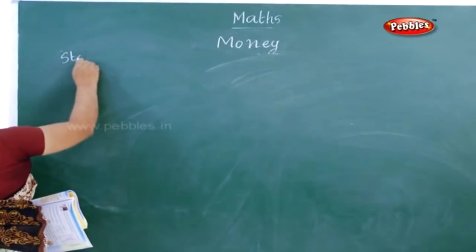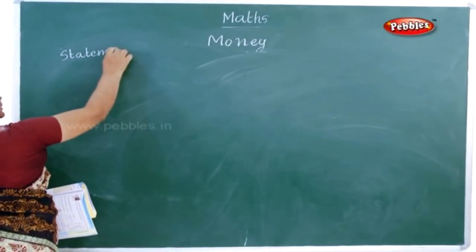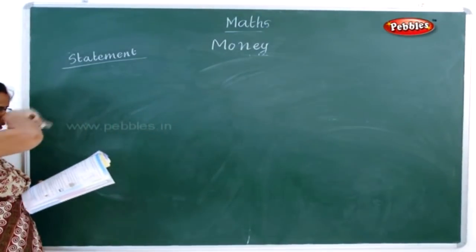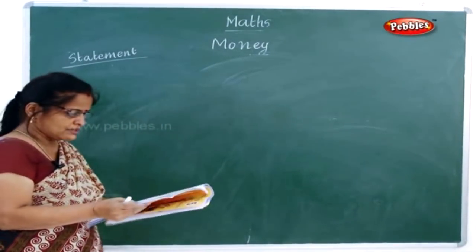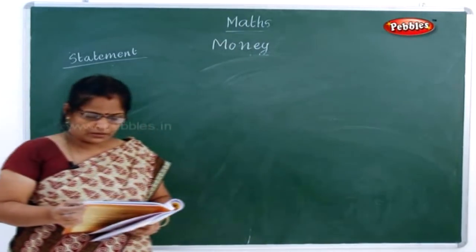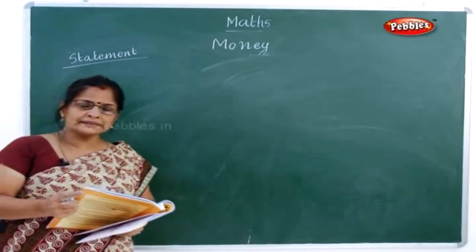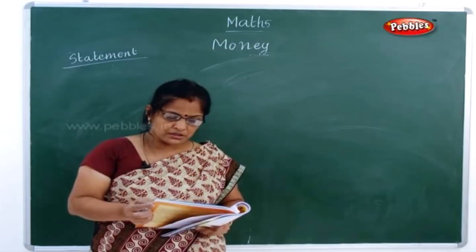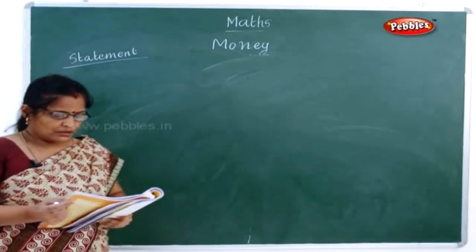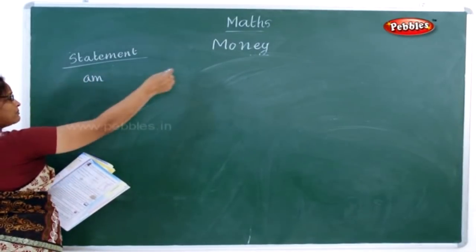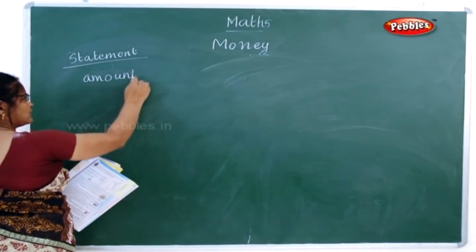See, the next one in division, we will go on with statement problems in division. So we are finished with addition, subtraction, multiplication. Now division. See, there is a sum given in your book. An institution equally distributed rupees 26,000 to 40 persons. How much money does each person get? Is it clear now? Now what is the thing? Amount distributed. Because it's money, always you have to start with this.